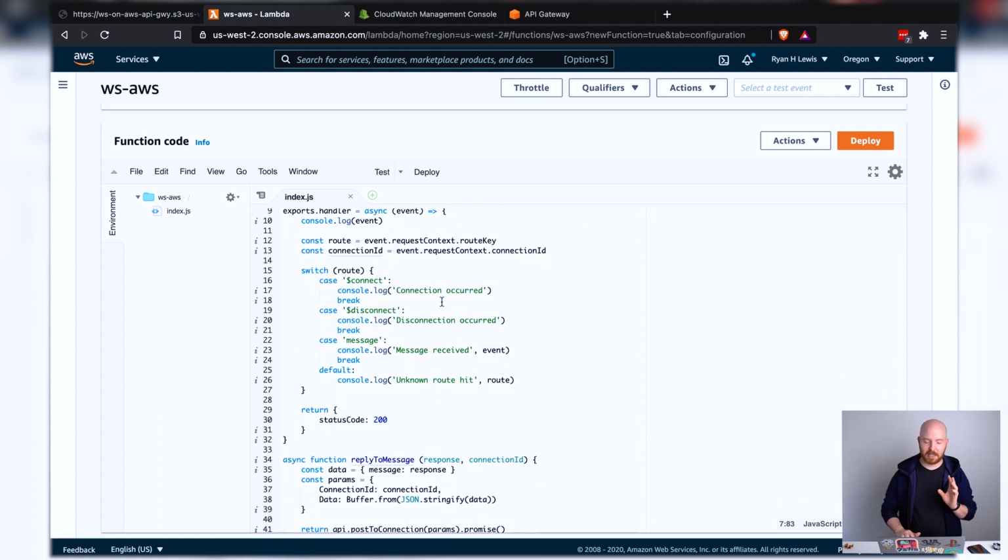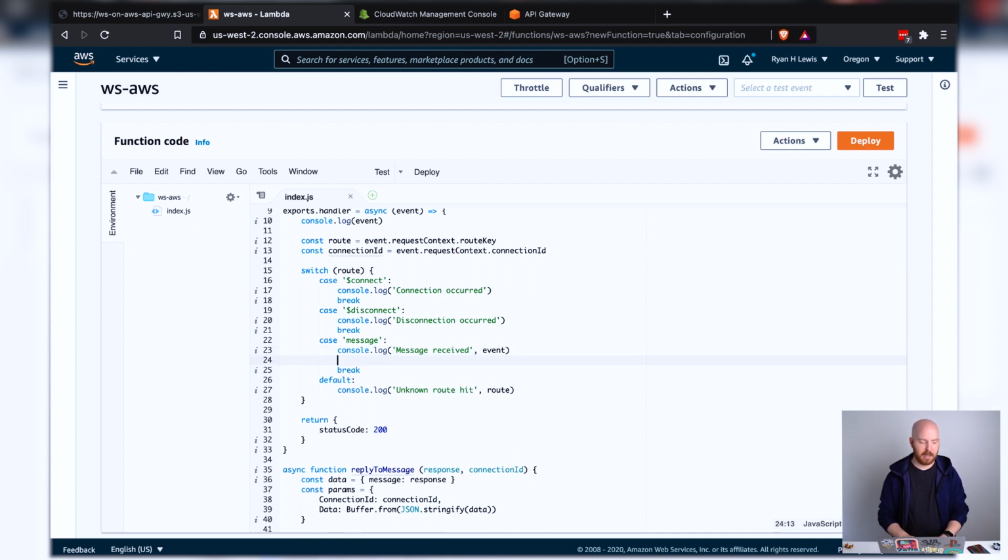So what we're going to be doing, the connect and the disconnect are fine. In the message is where we'll actually want to be doing something. And we will be calling this reply to message function. The first thing is the response. And I shamelessly stole this off online just because I didn't want to have to think it. But this is a way that we can get a random option from our array. So we'll do math.random times the options.length, and that's our first argument, and then we also need to pass in the connection ID.